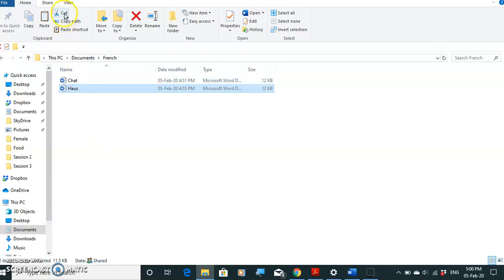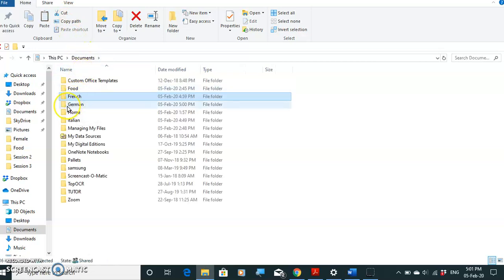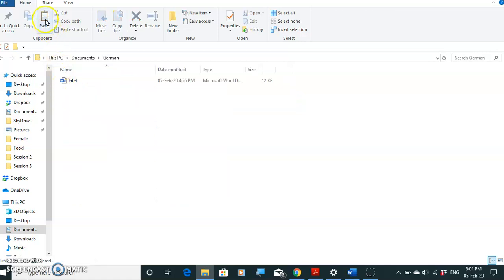So I'm going to cut that, cut, go Documents, go into German, double click on the German folder, paste it into there. So we've moved it from French into German. That was step 8. And step 9, with the German folder open, which it is, capture the folder screen image